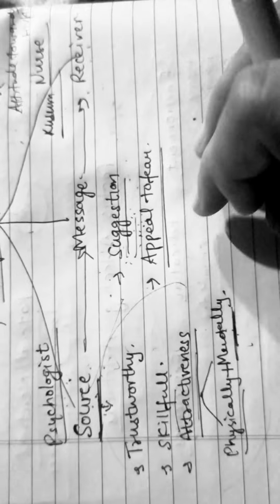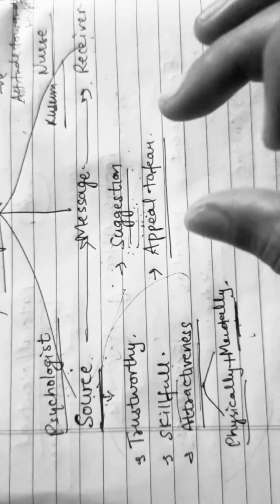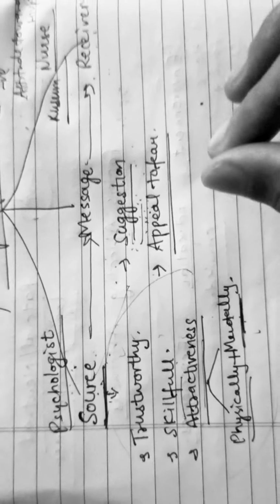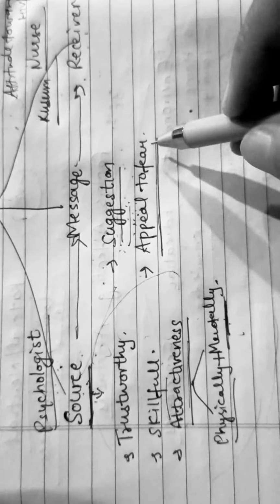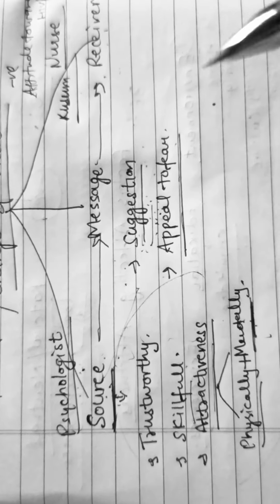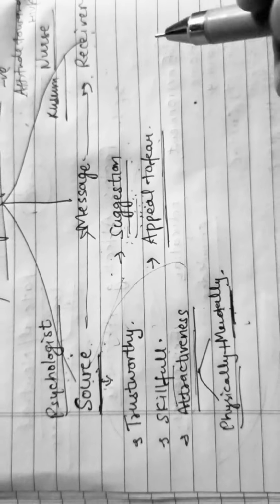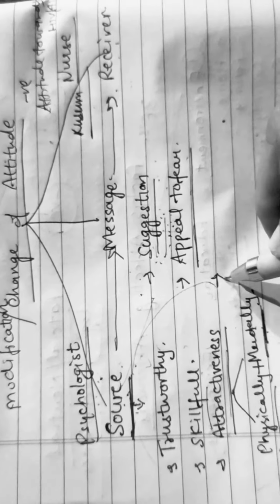But on the other hand, on this cigarette, there is a written message that it is injurious for health. So that is called the appeal to fear form. It means we are going to pass the message according to the receiver, but there will be some fear inside that. Then the next is